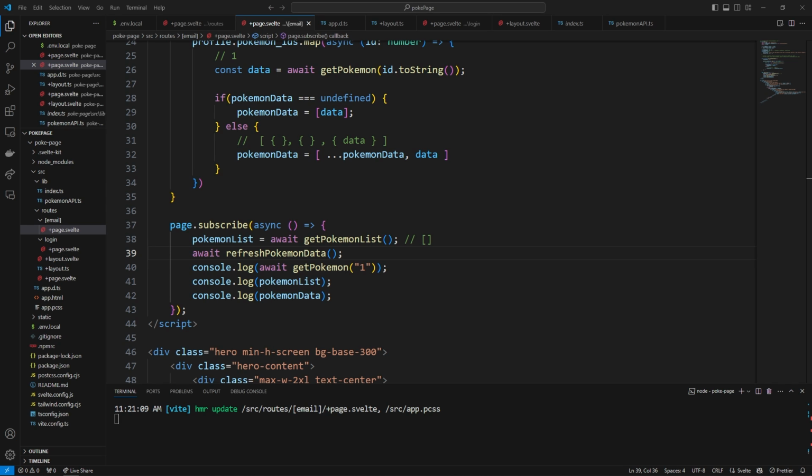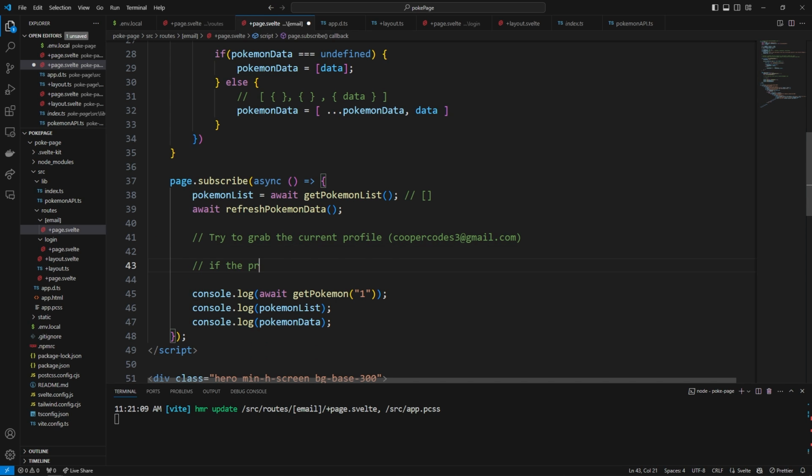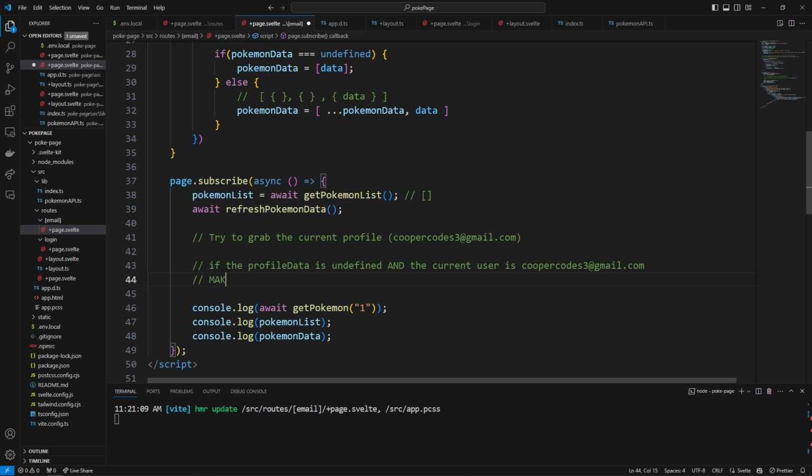Alright guys, welcome to the final part of this tutorial where we're going to put in a bunch of Supabase and SvelteKit logic. The first thing we're going to do is try to grab the current profile. If it's coopercodes3@gmail.com, we're going to try and grab the information for this user. If the profile data is undefined and the current user is coopercodes3@gmail.com, right? Then we want to make a new profile because that person just logged in and they don't have a profile